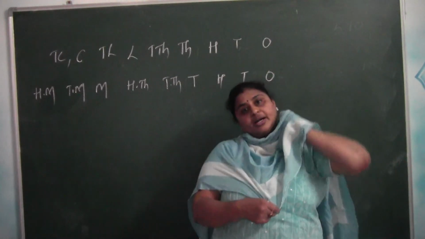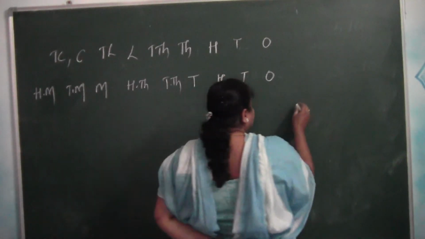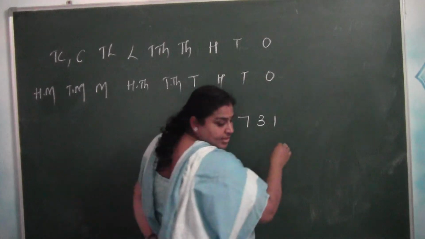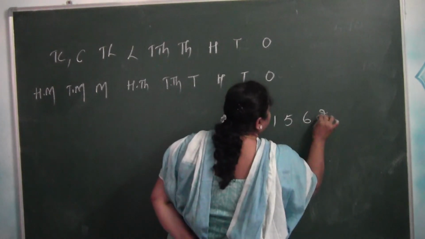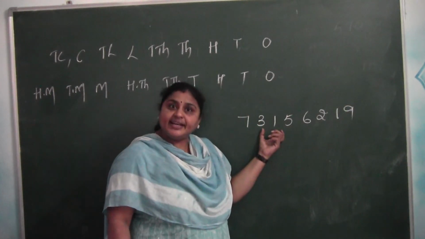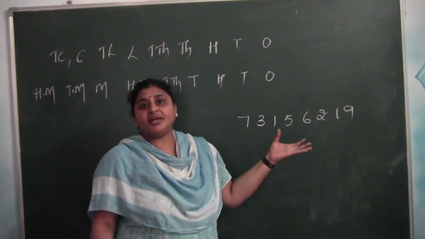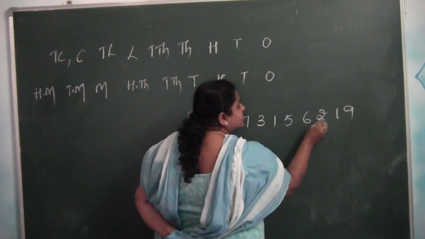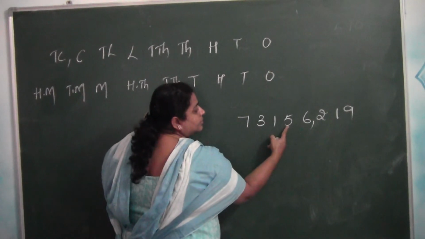So whenever you are reading a number, it also differs. Let us take one number: 7, 3, 1, 5, 6, 2, 1, 9. Now this is a number I have taken, an 8-digit number. Already I have taught you how to separate the periods using commas in the Indian place value system. Now ones, tens, hundreds, I am placing a comma. Again thousands,